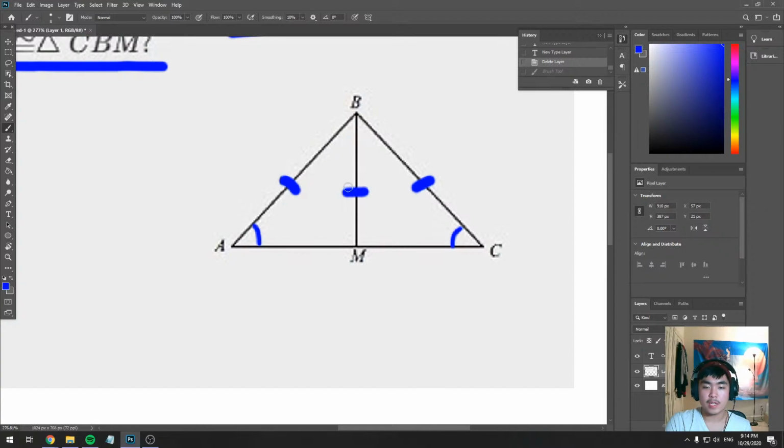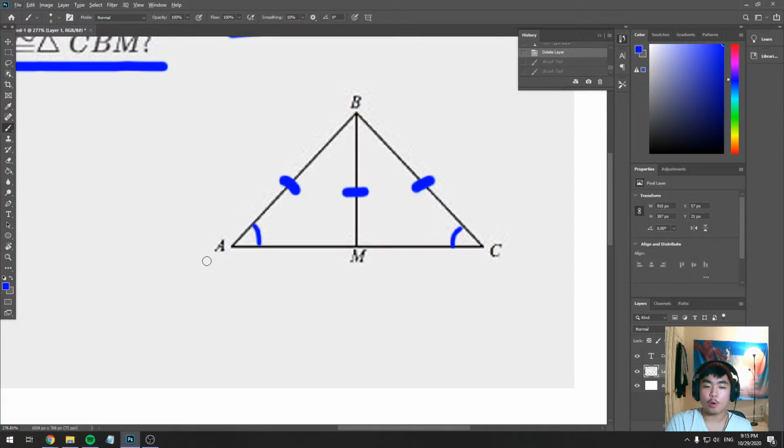Another pair is BM and BM, right? Because both triangles have BM. This triangle has BM. This triangle has BM. So that is another pair on both triangles where they are the same, right? And then we have an angle. We have this angle and this angle. They're the same, right? It's a pair. So we have 2 sides and an angle,